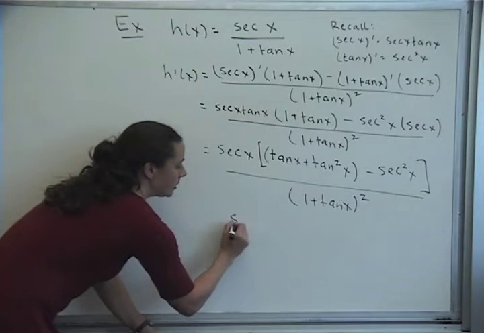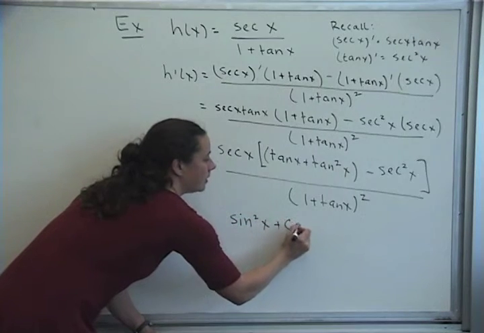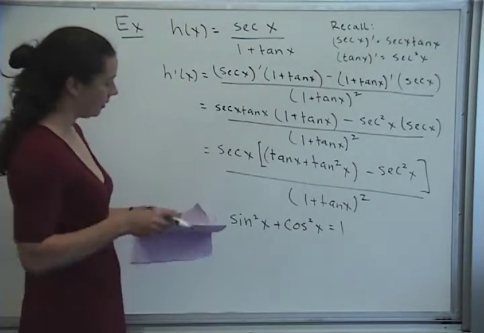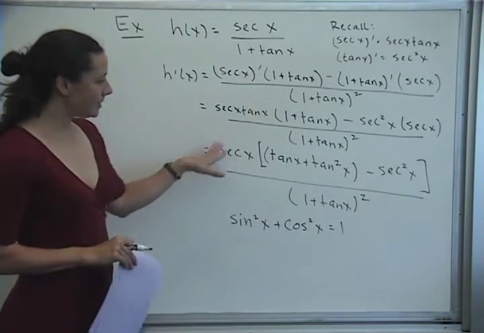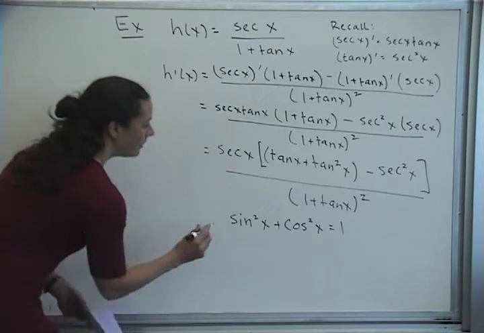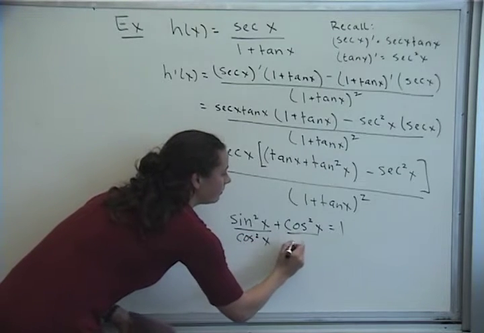So the trig thing I want you to remember, you've probably learned that sine squared of x plus cosine squared of x equals 1. And that's really just the Pythagorean theorem. Now, I'm not seeing sines and cosines here, so I need to do a little bit of massaging. If I divide everything in this identity by cosine squared,